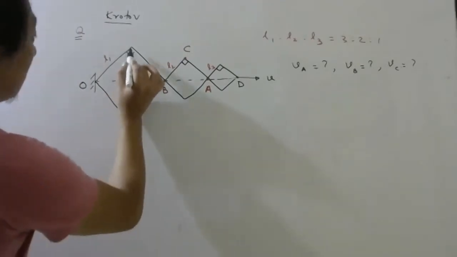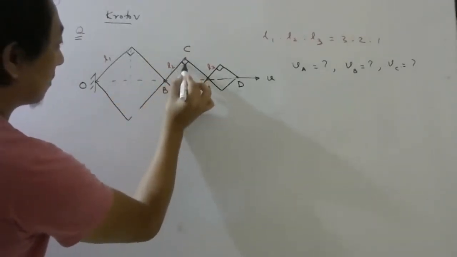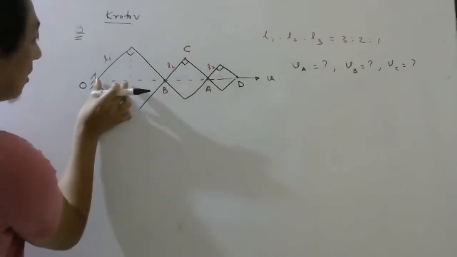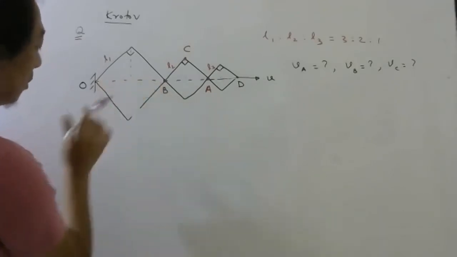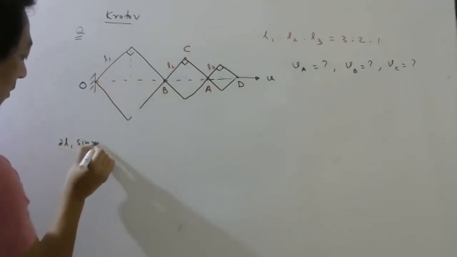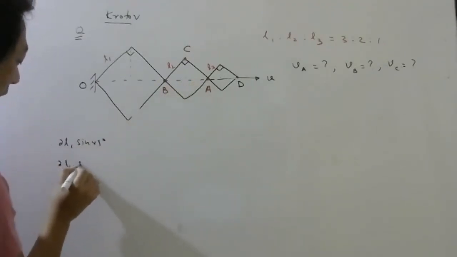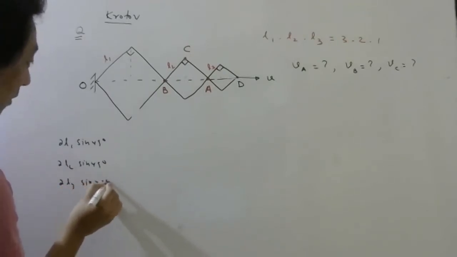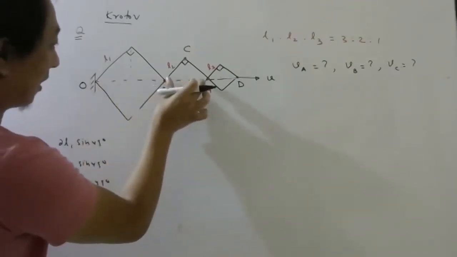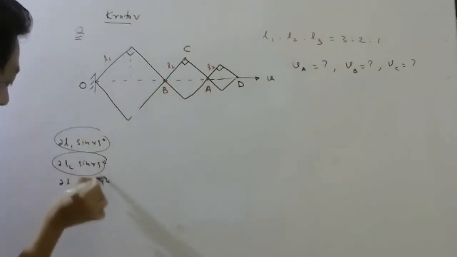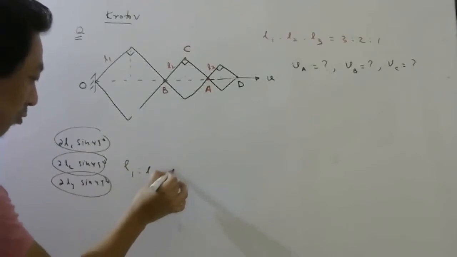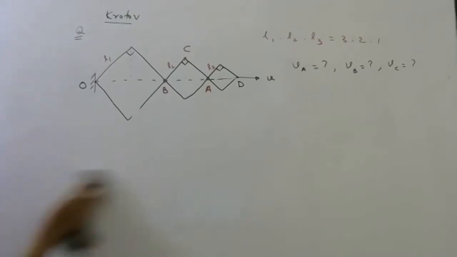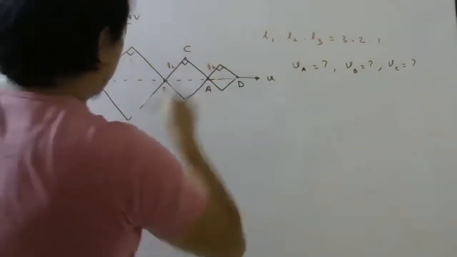See, you can drop this median. This is 45, 45, 45, 45, 45, 45. So this is L1 sine 45, L1 sine 45. This will be 2L1 sine 45. Similarly, this will be 2L2 sine 45. This will be 2L3 sine 45. Therefore, this length is to this length is to this length will be L1 is to L2 is to L3 only. Correct? Okay. So the first thing is to realize that the ratio of these sides will be the same as the ratio of these sides.